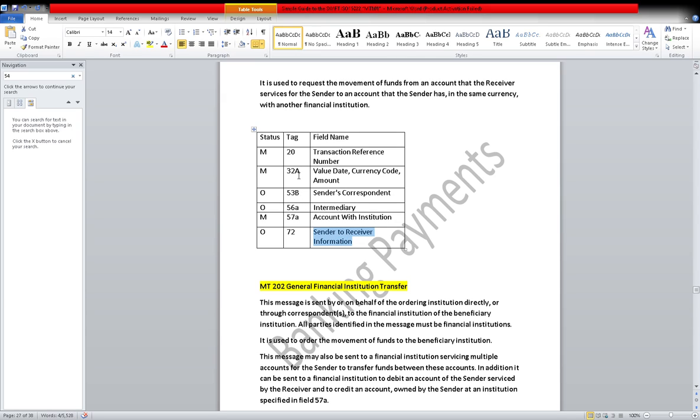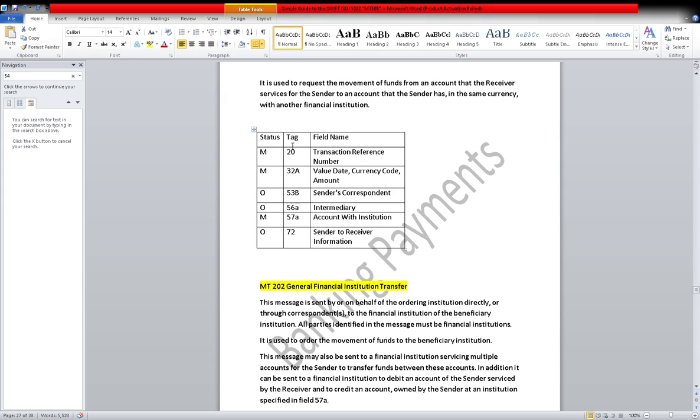One thing you have to observe here, this tag remains the same in all the messages, their name remains the same. That's one thing which I told you earlier. So these fields remain the same throughout the messages. Now quickly I would like to go through it. I don't want to explain this now, this is only text, and I already explained it. Network validated rules are also mentioned here.